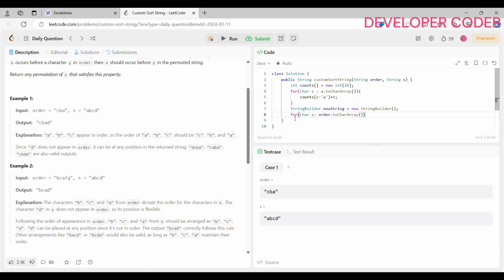Okay, this is done. Now I'm going to first check the frequency while counts of my current character, C minus A. If the frequency of this character C in this string is greater than 0,